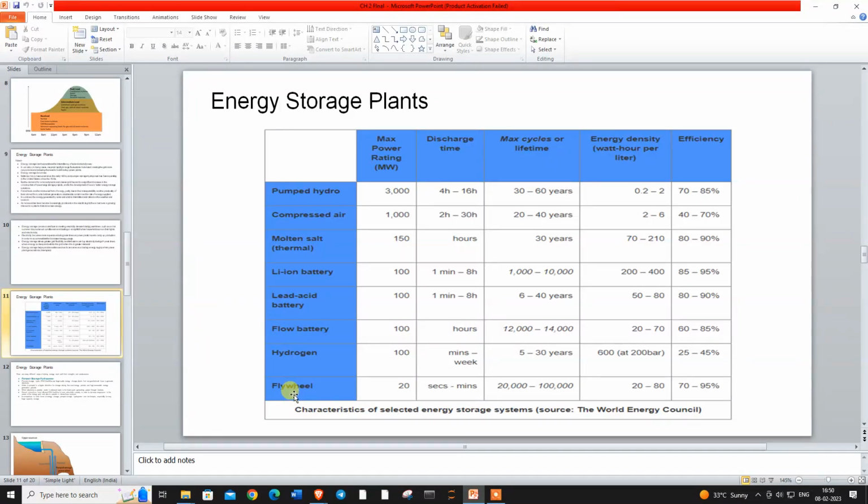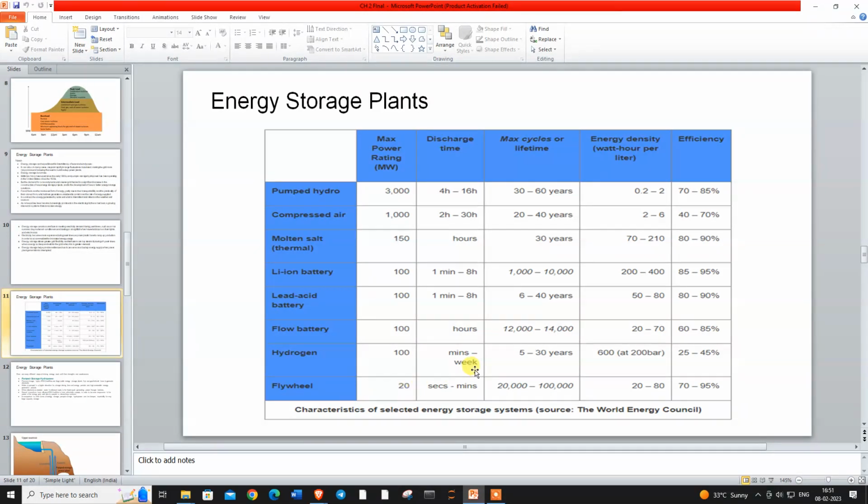Now here, if you can see, the flywheel has a discharge time only in minutes or seconds, because it is a kind of capacitive plant which supplies the power. Efficiency is very high right now, but the maximum power rating is very low. This flywheel type of energy storage plant can supply a large amount of power for a very short period of time. As we can see here, the pumped hydro power plant can supply a large amount of power for a very long period of time, from 4 hours to 16 hours. But the flywheel will be turned on for a few seconds, a few minutes, or even 10 to 15 minutes. At that time it can supply up to 20 megawatt. So it is also useful when there is a surge in the peak